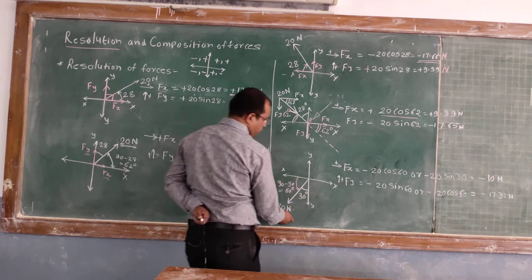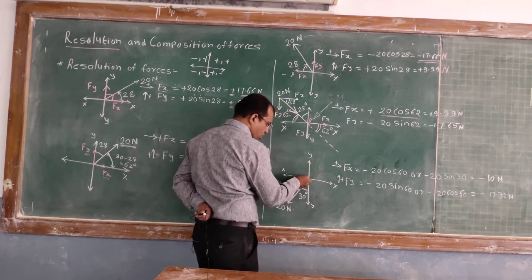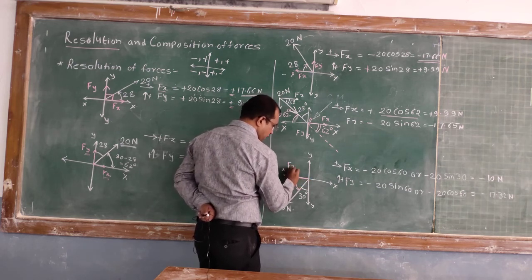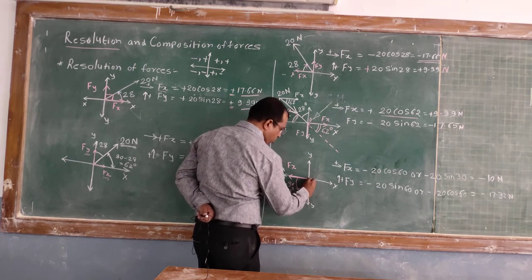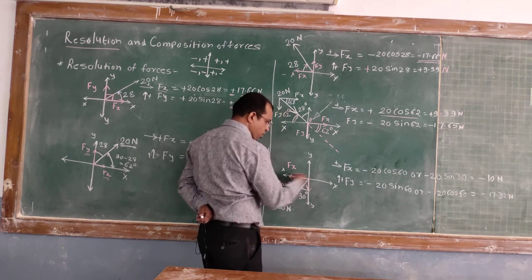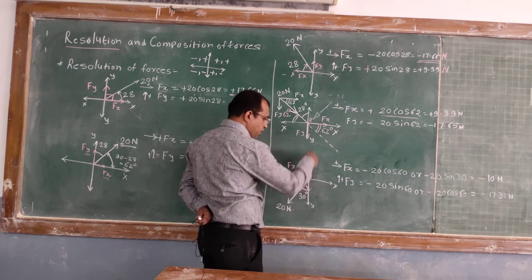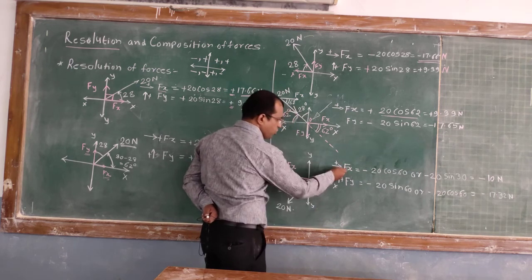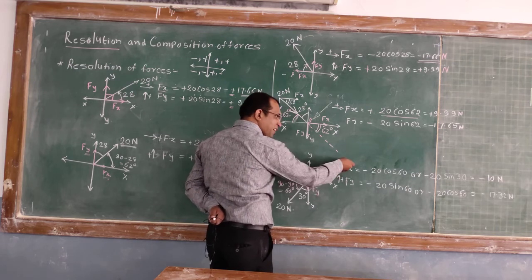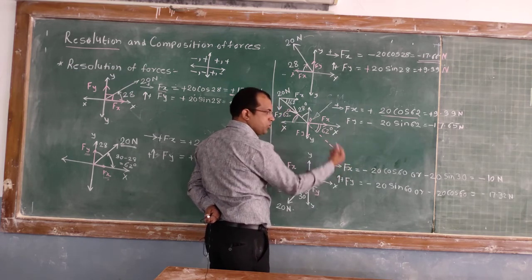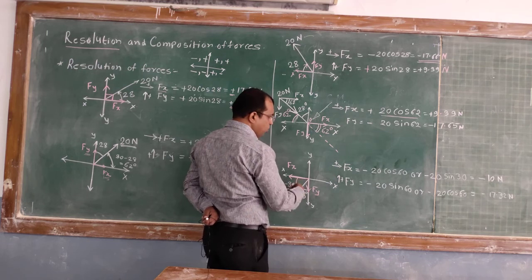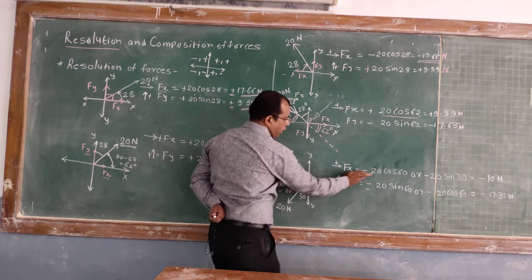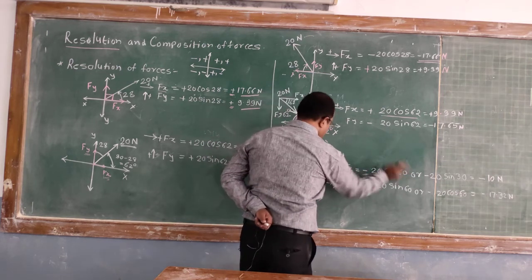Now we have to resolve this force. Now how to resolve this force? It is in the third quadrant. So one component is in this direction, that is f of x. In the third quadrant, x is negative and y is also negative. So the direction will be towards left for x, and for f of y it is in a downward direction. So we have assumed towards right positive, towards up positive. But the components are opposite to this, therefore the minus sign will appear over here. Okay, so the component is 20 cos of 60.